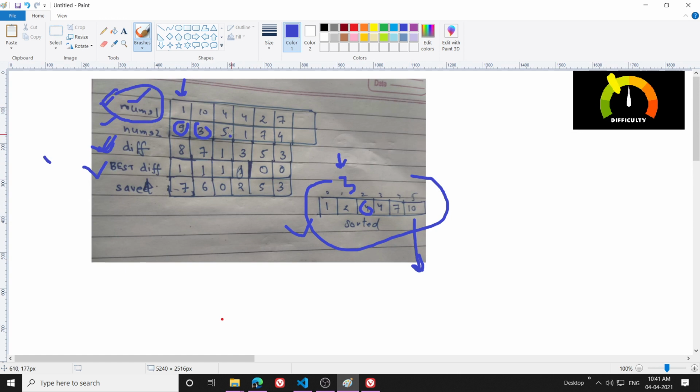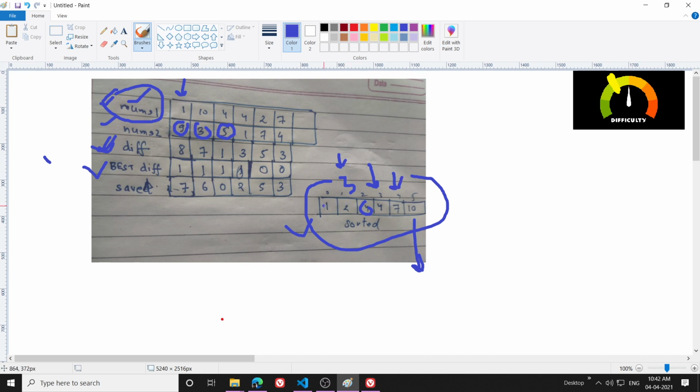For example, I am at 5 in nums2. I have to get the index of the number that is closest to 5, which is not less than 5. So in this case, the answer should be 7.